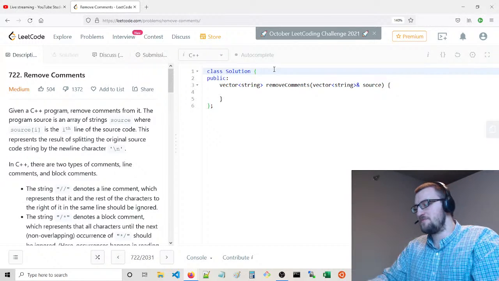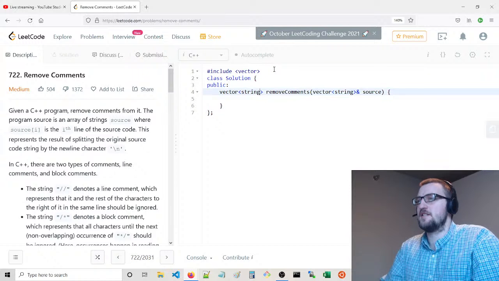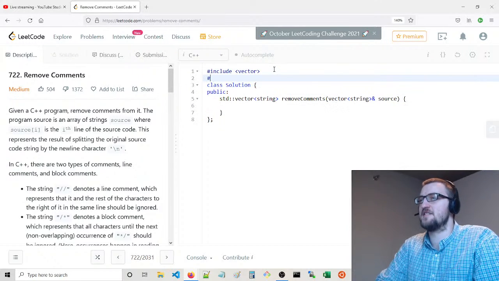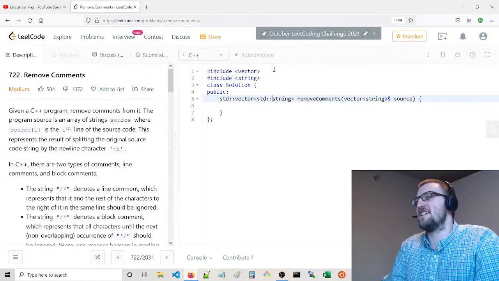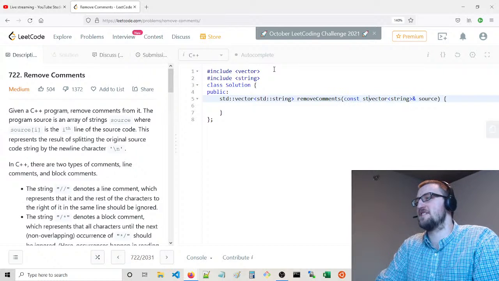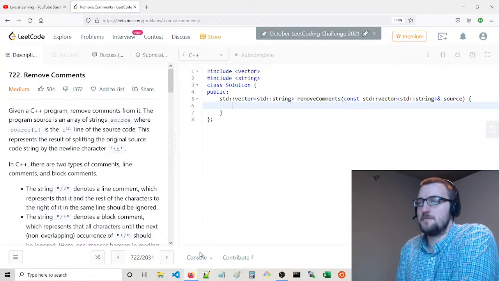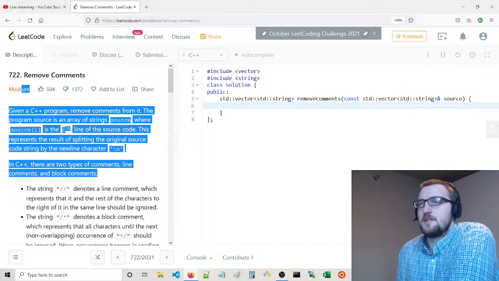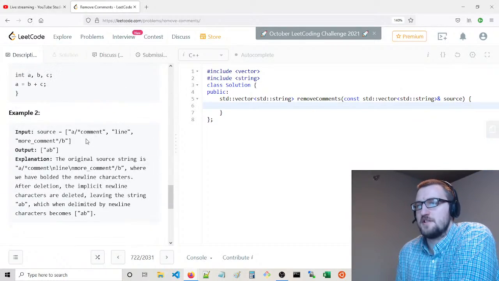All right, so here we go. So we have vector. One day I'll be able to solve these faster. You gotta just focus on it. I think that's the issue. And I get very distracted. There's a lot of things that distract me. Actually, ironically, I should be focusing on God more than anything else.